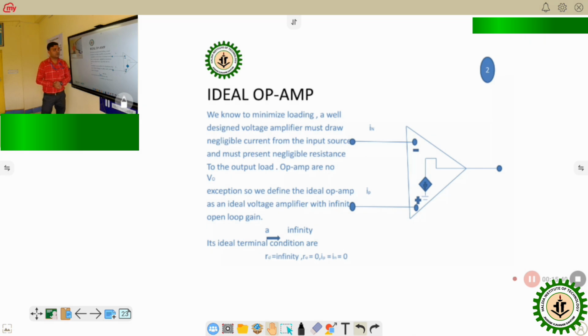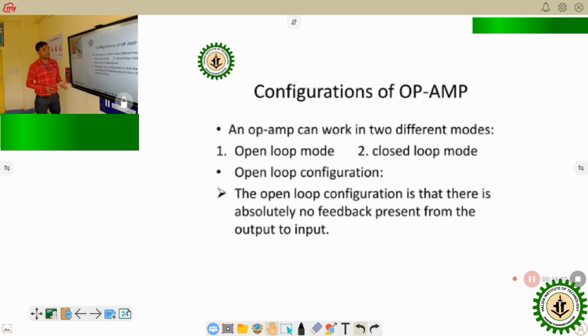So, the ideal op amp. We know that to minimize the loading, a well-designed voltage amplifier must draw negligible current from the input source and must present negligible resistance to the output load. Op amps are known as ideal. So what are the characteristics of an op amp? It has two different modes, open loop and closed loop. Already I have discussed that. In open loop configuration, there is absolutely no feedback present, and for closed loop,